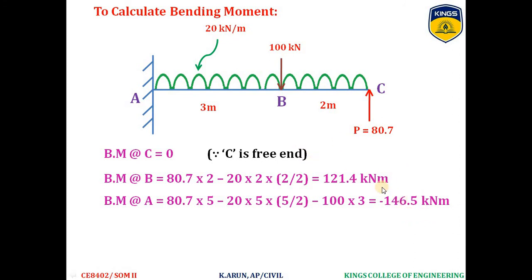Here we have to note one thing. The bending moment changes its sign from positive to negative. We all know that the point where the bending moment changes its sign from positive to negative is called the point of contraflexure. So we need to calculate the distance from the free end where we can locate the point of contraflexure.